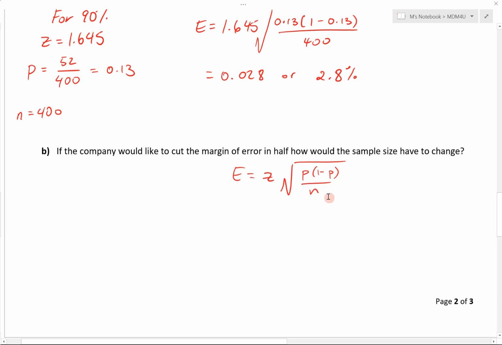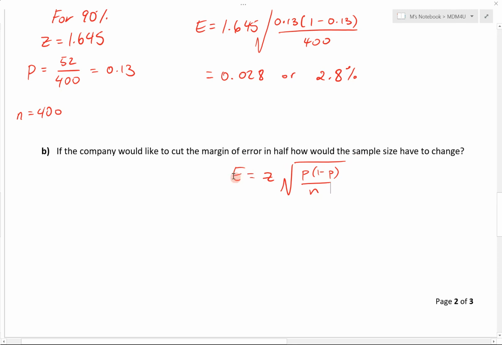What happens if I increase my n? If I increase my n, then, because n is a denominator, the entire quantity inside the square root becomes much, much smaller. And so the entire right side becomes smaller, and thus the margin of